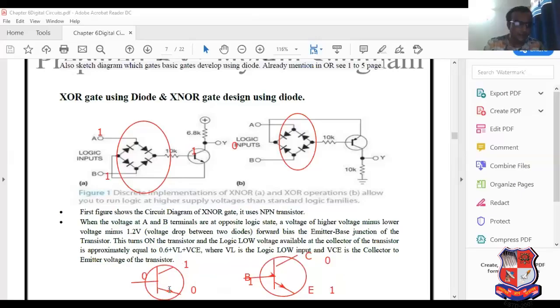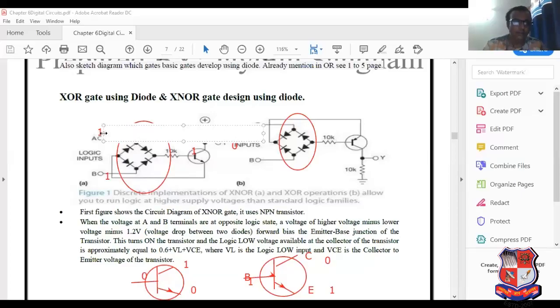Current will flow through the base emitter, or it will not flow. That's why here 0 volt. So base emitter junction is in reverse bias. So here also 0 volt. And due to supply voltage here we can get 1. Here 1. So here 1 1. So here answer is 0. These are the two basic figures. So try to understand this. If here 1 1, then output is 0.